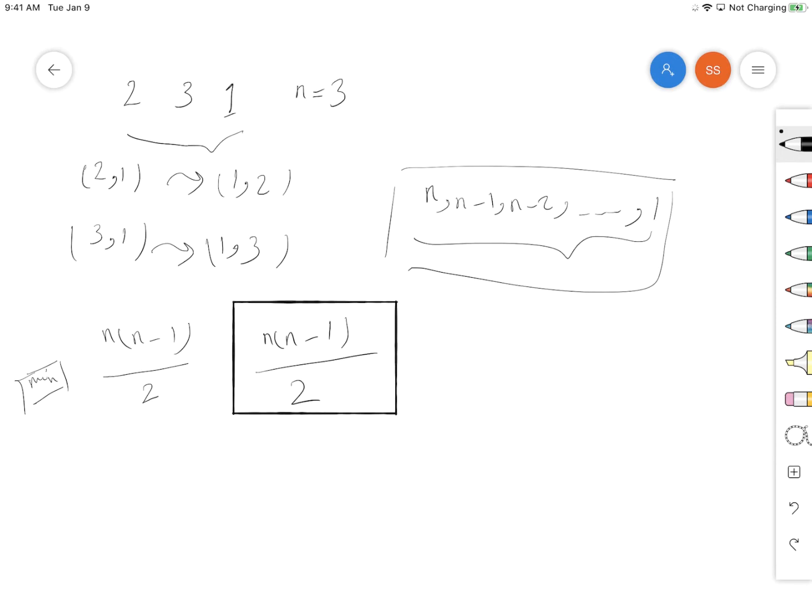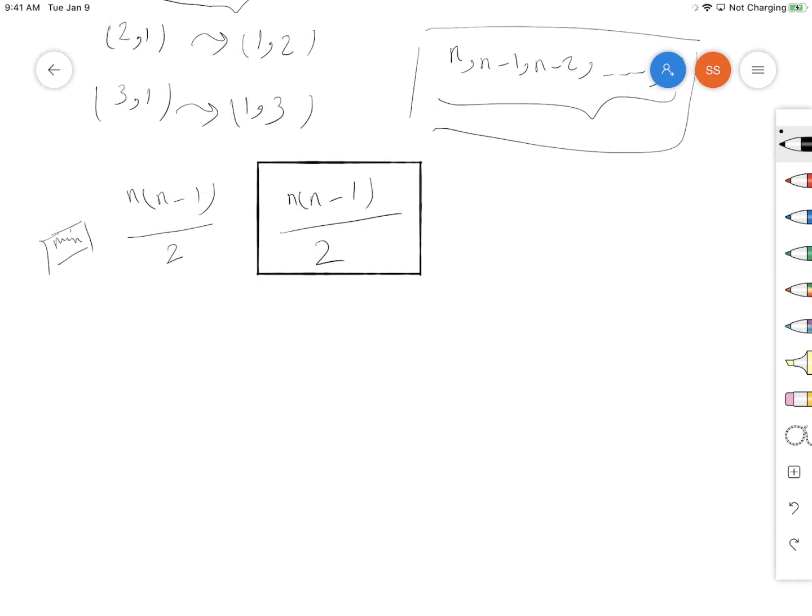We're going to prove this using induction. So assume that n is equal to 2. Our array will be the numbers 2 and 1, and here we'll have 2 multiplied by 2 minus 1 divided by 2, that is equal to 1. As you see, the only inversion that we have is the pair 2, 1, and by simply swapping 2, 1 to 1, 2, it is going to be sorted. Now we are going to see n equal to k, and assume that for n equal to k, it is at least